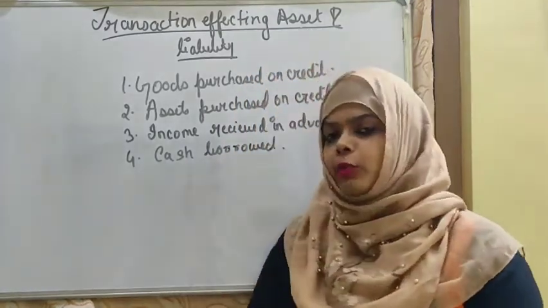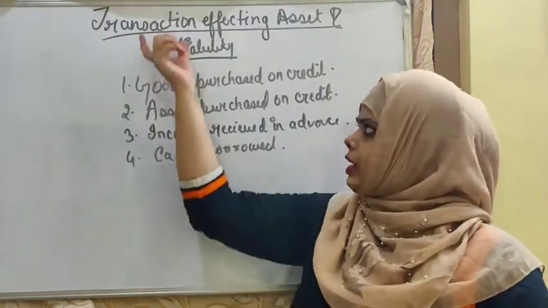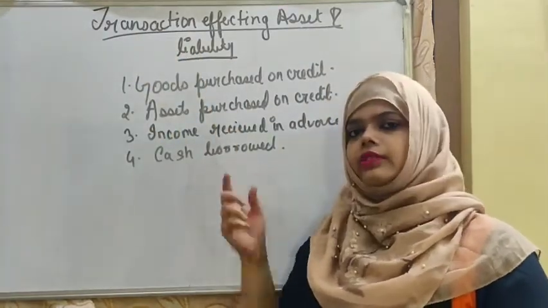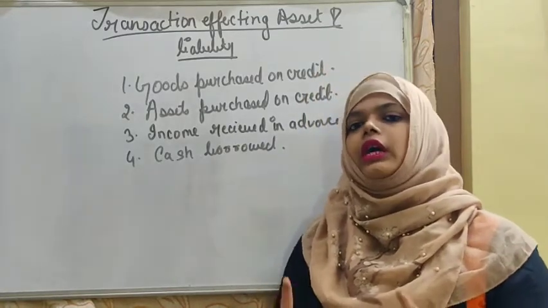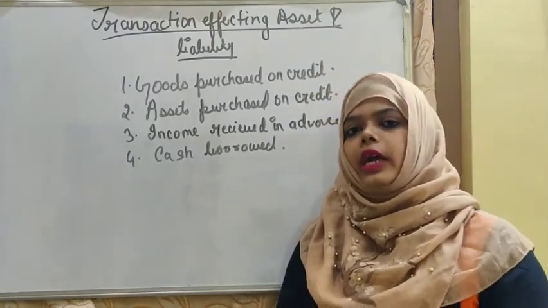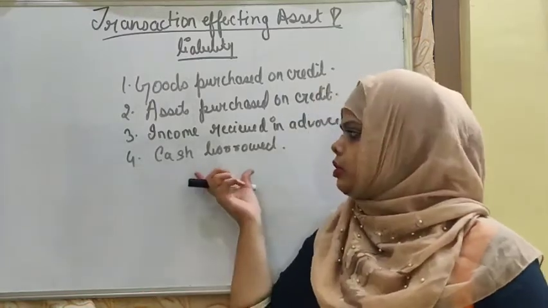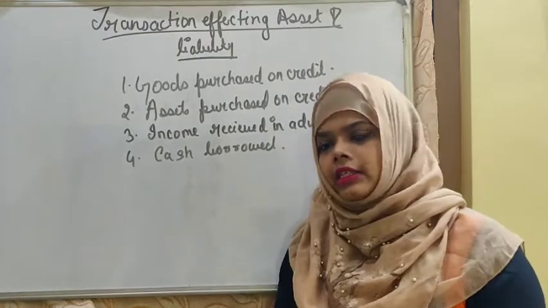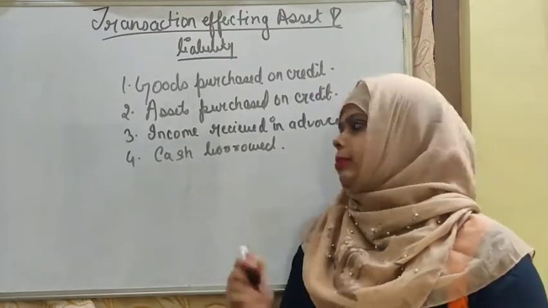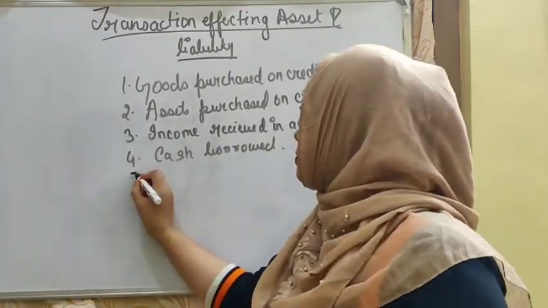Now what is cash borrowed? Cash is a part of asset, and borrowed means we are owing someone to pay in the future course of time, or the business is owing to pay in the future. So that comes under the liability part, and cash, no doubt, is an asset, so it comes under the asset part. The fifth one is